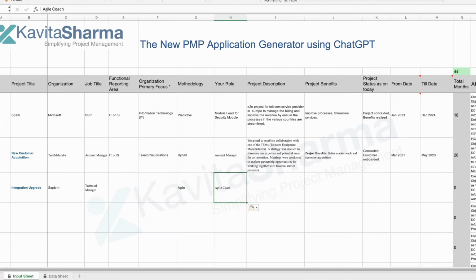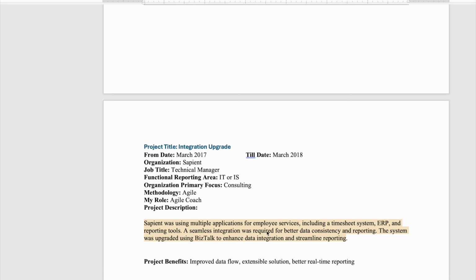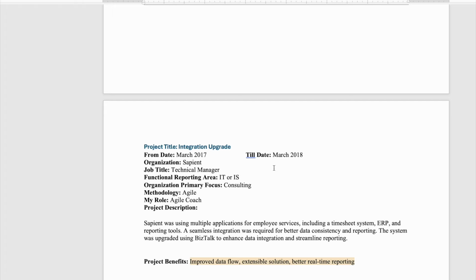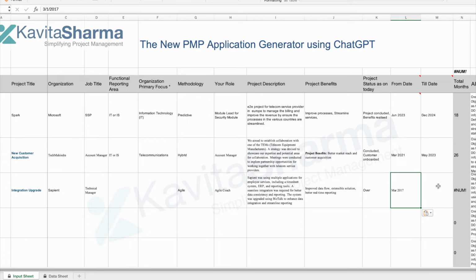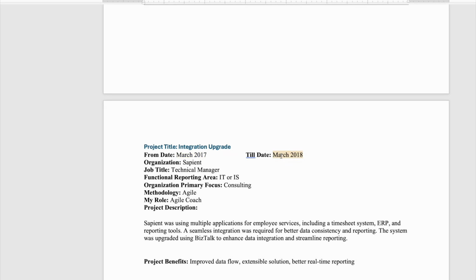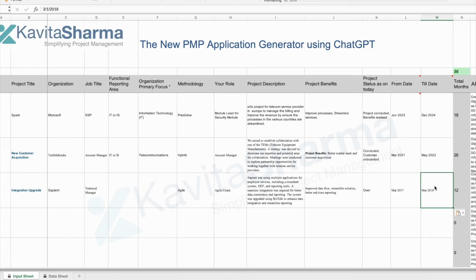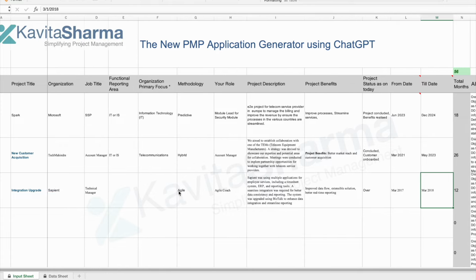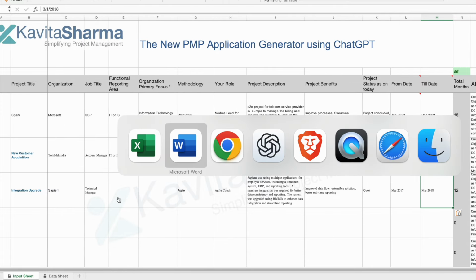Project description was this, so I write my project description here, and benefits, we were able to do a lot of things, so benefits here, and then concluded over, I just write over, and then from till when, March 2017 to 18. This is March 2018. So this is the project. Prompt is generated. Let's put that in the